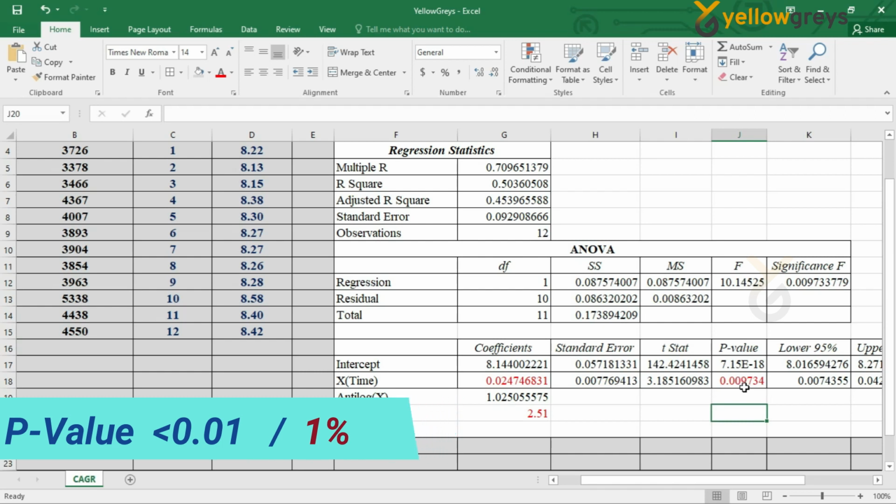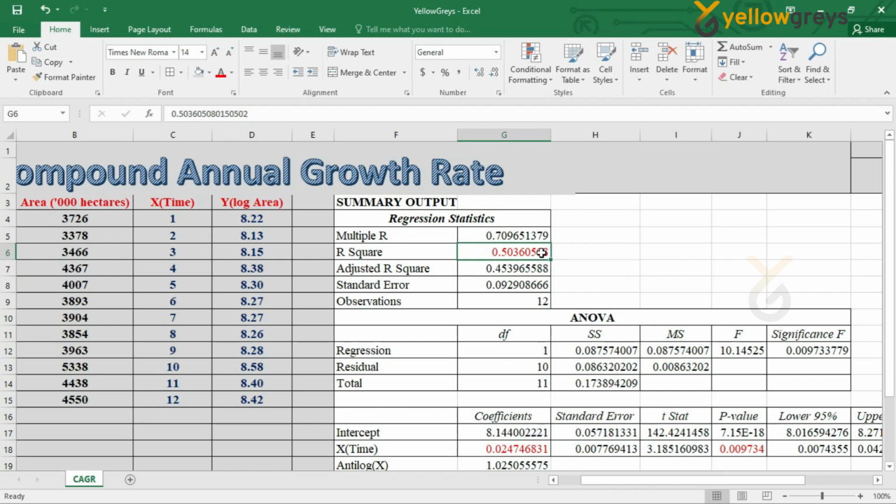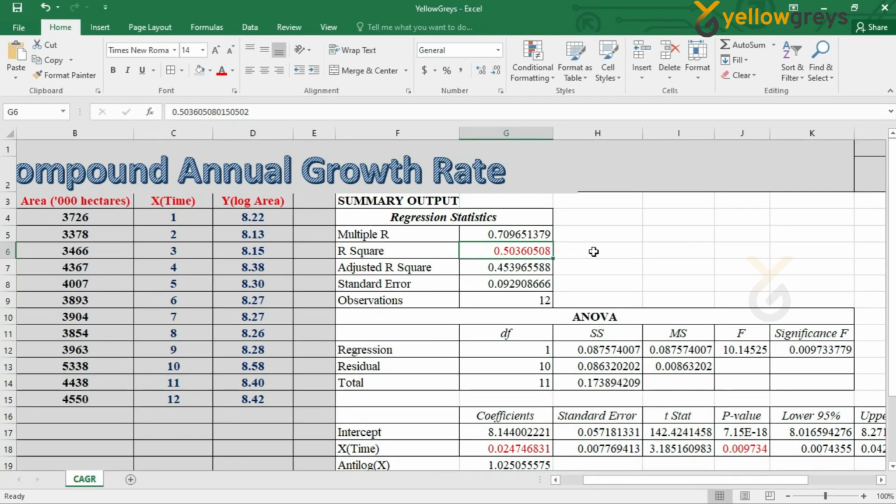In this example, the obtained value is significant at both 1% and 5% level. Here, the R square value was 0.50, which indicates that 50% of the variation in the area was explained over the years.